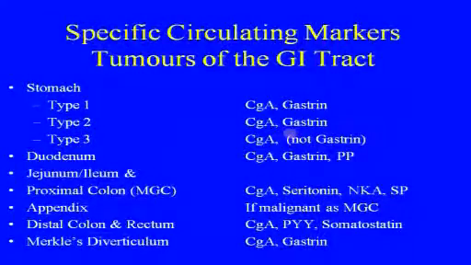And for the tumours that are spread along the GI tract, we can use a lot of circulating markers to help us there. And I'm just going to take an example of looking at the stomach tumours. There are three sorts of neuroendocrine tumours that we can have in the stomach. We call them type 1, type 2, and type 3, being very original. The first two types are one associated with Zollinger-Ellison syndrome, the other associated with the stomach that doesn't have any acid, and they secrete chromogranin A and gastrin. So we're expecting those to be quite high. The third one, the chromogranin A will be up, but not the gastrin. So things can be quite useful from that point of view.